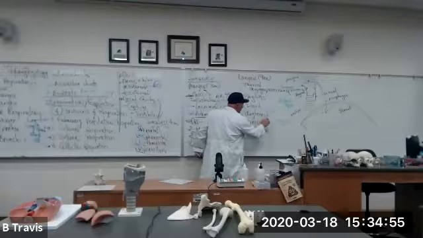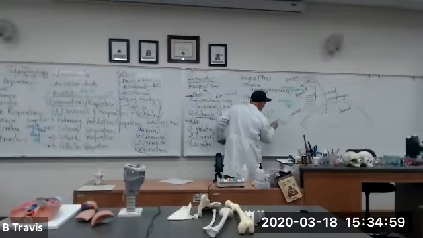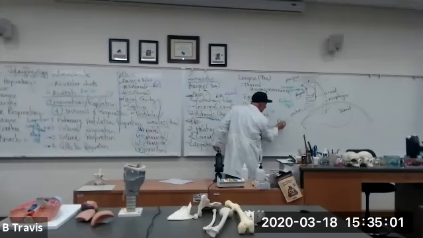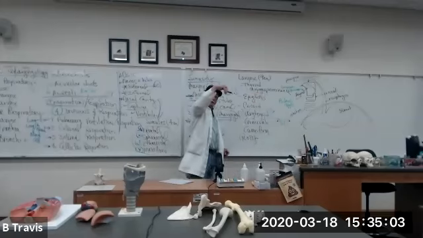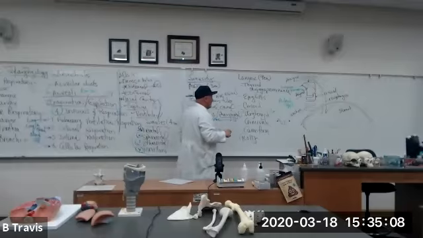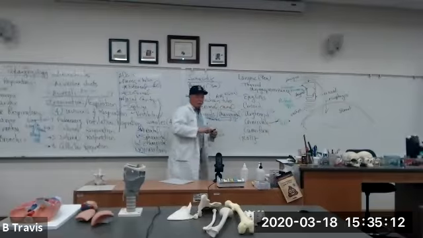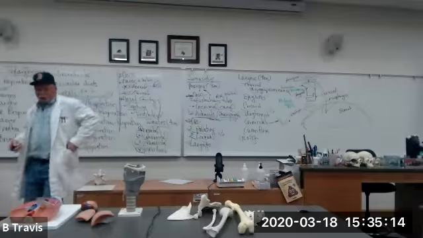The arytenoids, those are the arytenoids, and right on the top of the arytenoids is a small piece of cartilage that's curved. And the word for curve is cornice. It's called the corniculate. And that's the corniculate. And then embedded in the vocal folds,